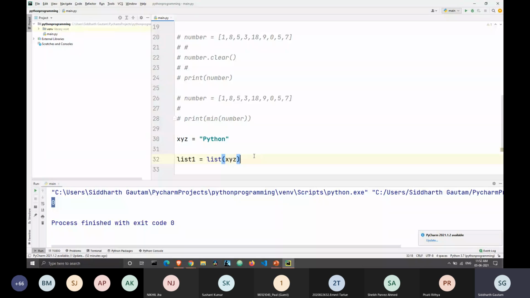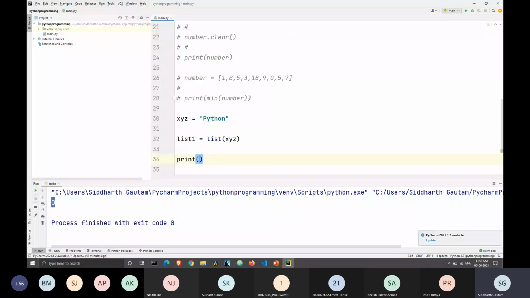Let's take a look at what happens when we print list1. We run this, and as you can see, this string has been converted into a list, and inside that list, each character of that string has been converted into an element of the list. So what happens if I have some white space here?